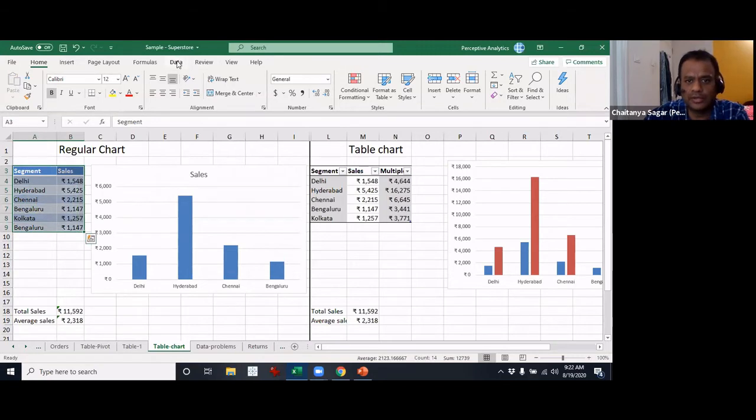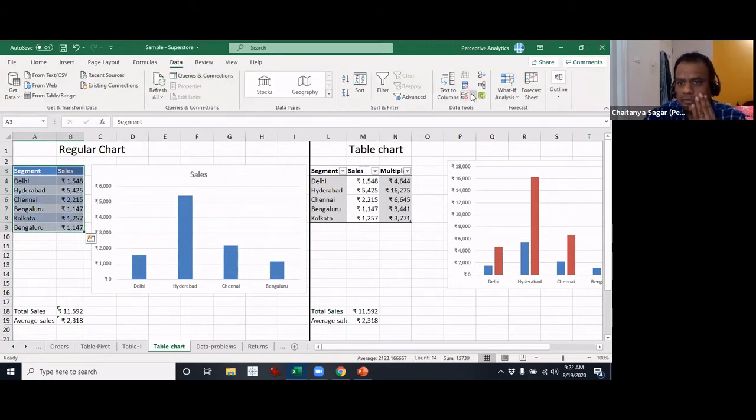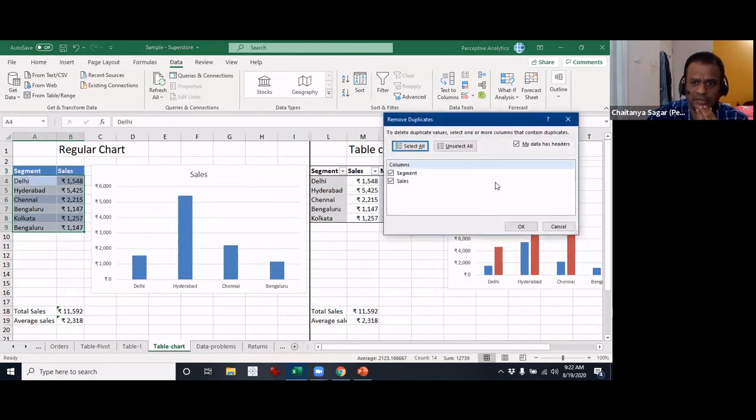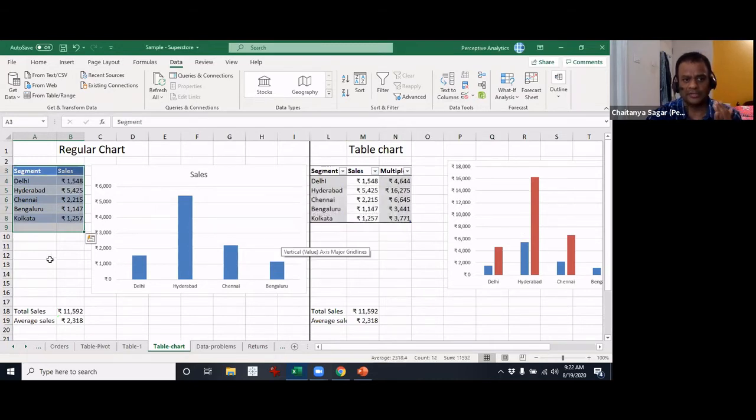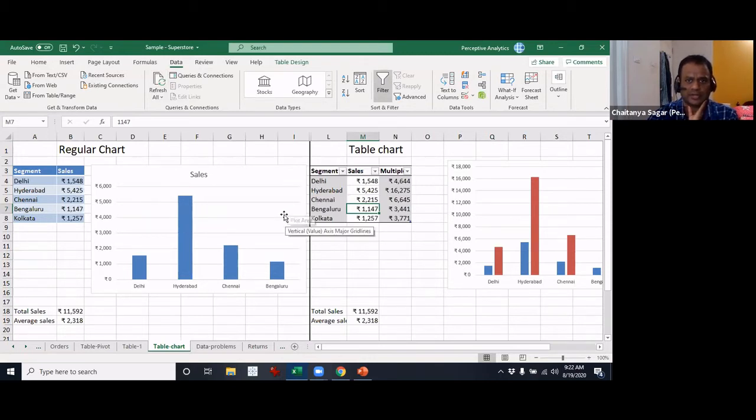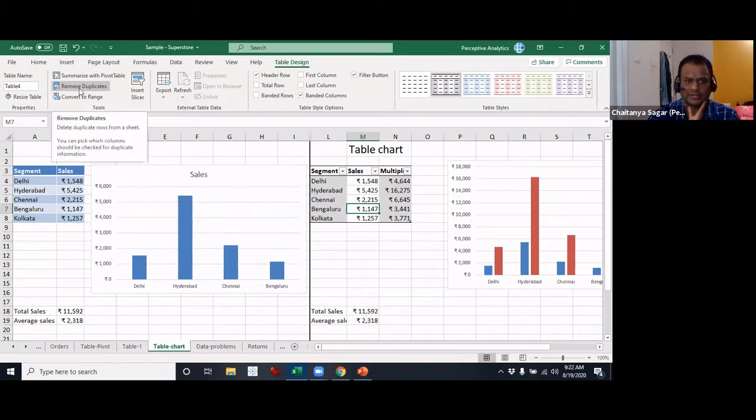You can actually go to Data, and you can use, I think this is the one, Remove Duplicates. So you click on this, it will basically look at that, and there you go, it will remove duplicates. This will be very useful when you have large amounts of data, and if you have to deduplicate and you want unique records, you can do this, okay? Similarly, you can do that in table design also. You guys can see the thing, right? Okay.